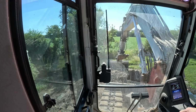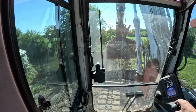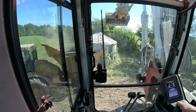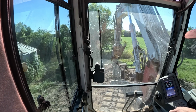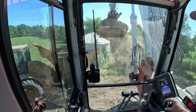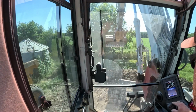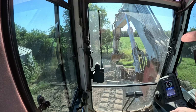But I didn't get a ton of filming on it because it's so dry and dusty you can't really see anything when I'm working. So luckily we're supposed to get a little bit of rain this evening. It's supposed to get up to like 102 today and then thunderstorms tonight. So by the time it's all said and done, they're talking like a 1/2 inch of rain, which we will gladly take. It'd be nice if we could get just a nice slow soaking rain, because we desperately need